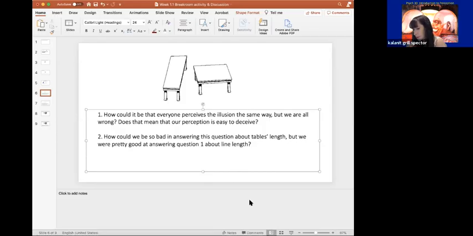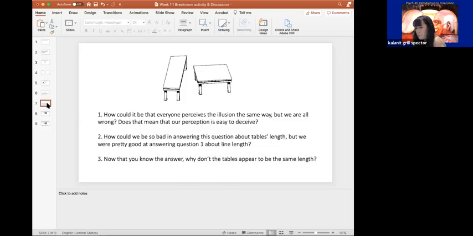And because we interpret it as 3D, we take into account the depths, we take into account the orientation, as you guys said, and we take into account the information about the context, like the legs. This one looks like it's going deeper into the room than this one, and if the tabletops are the same size, we factor this in, and this is why this table appears longer. So the purpose that I chose this illusion is to illustrate that perception is not a copy of the pictures, but actually an interpretation of the pictures.